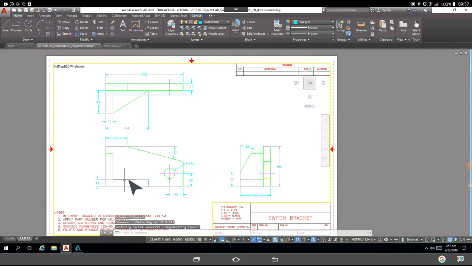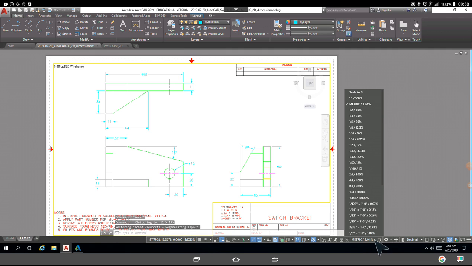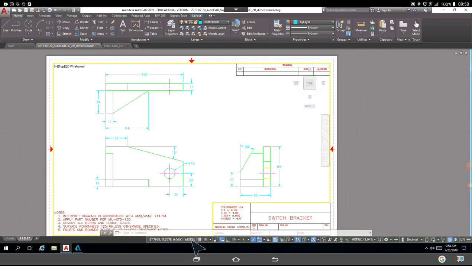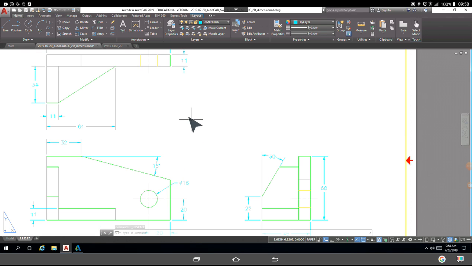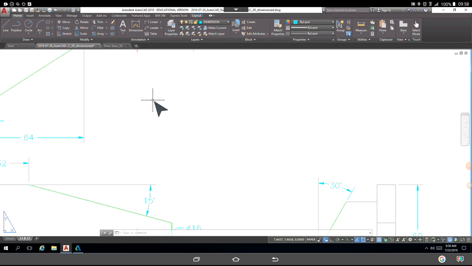In fact, let's get out of the pan and look at the paper version of it. If we make sure, because right now it says model and our scaling is set to metric. I don't know what the 3.94% says, but it's set to metric. If we switch to paper, then we can zoom in on paper. Yeah, the lines are dashed on paper, and if I pan,